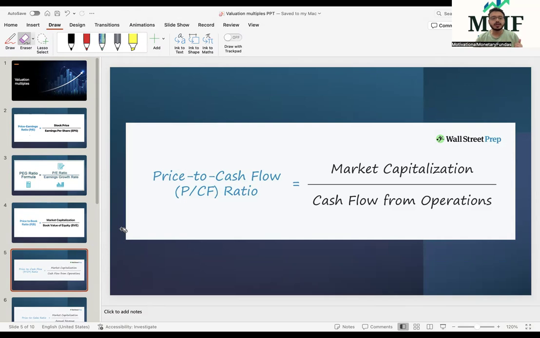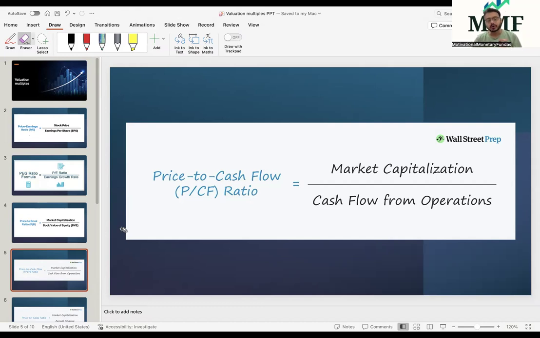As in the previous session, we concluded in case of the price to book multiple that the price to book multiple should be used to value or to ascertain the valuations of the index, be it the Nifty 50 or Nifty 100, Nifty 150 mid cap index, or the Nifty 250 small cap index, the Nifty 500 as a whole, based upon certain reasons and the type of companies that we have, and not the price to earning multiple, right? But here, the index cannot be valued based upon the price to cash flow multiple or the price to